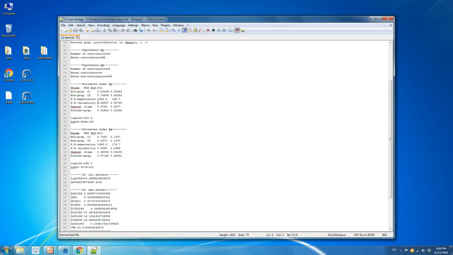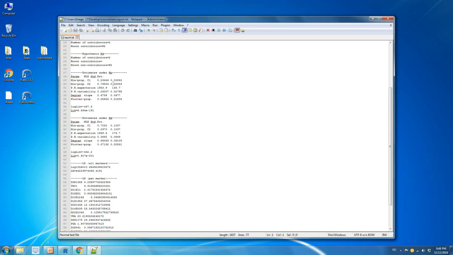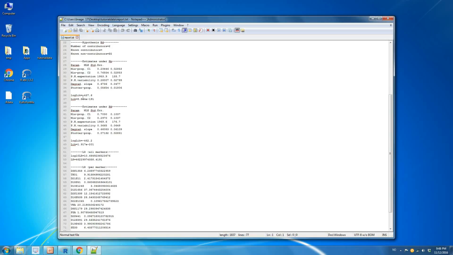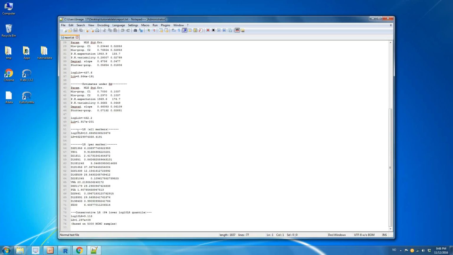So all the maximum likelihood estimates of the parameters are given with corresponding standard error, and the maximum likelihood values are given, and also the LR simultaneously for all markers, and also each marker separately. And in the end, also the conservative LR, which is based on the LR sensitivity analysis, and also the number